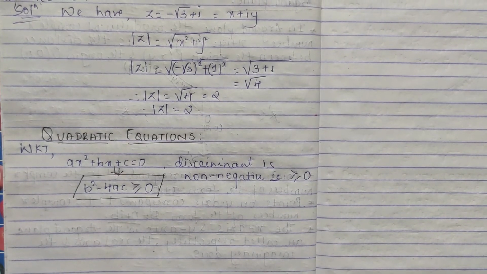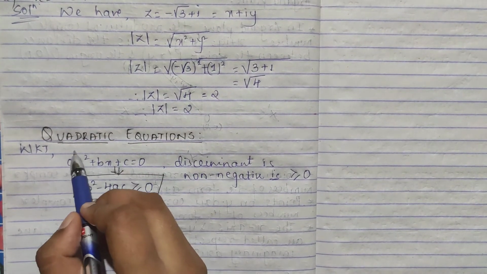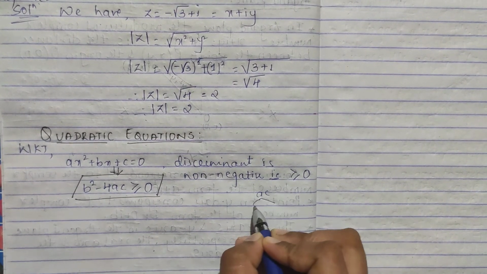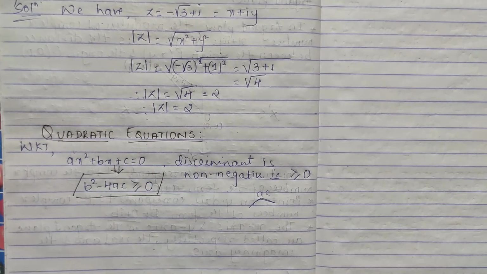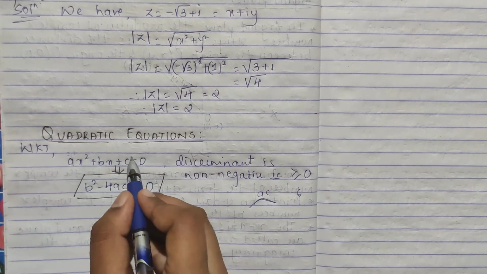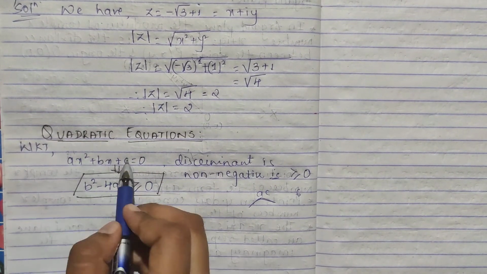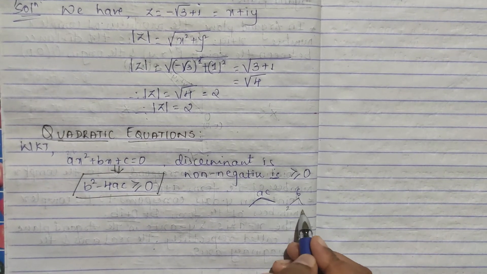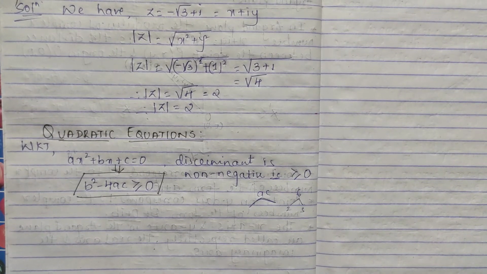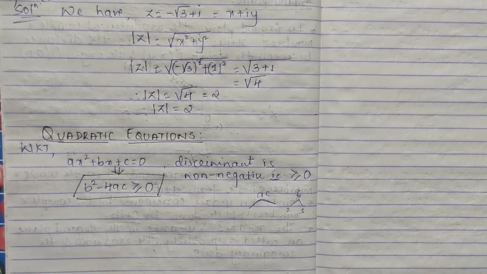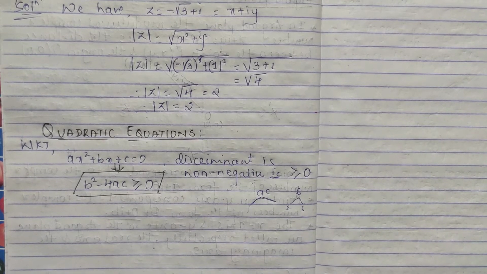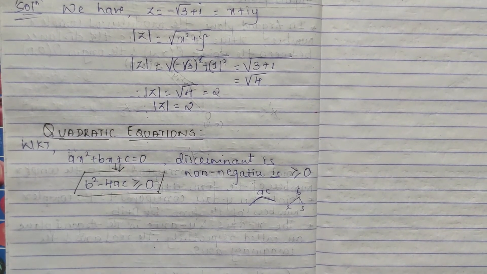How did you do it? If you had any quadratic equation, you would first multiply the a coefficient with the c coefficient, and check what roots you would get. Suppose you are getting 6 when you multiply a and c. Its factors you would find as 2 into 3, then you would split up the equation and tally with b, where it is positive or negative. You studied like this, when you can factorize easily, but when you can't factorize it, you're not able to solve it with real numbers.